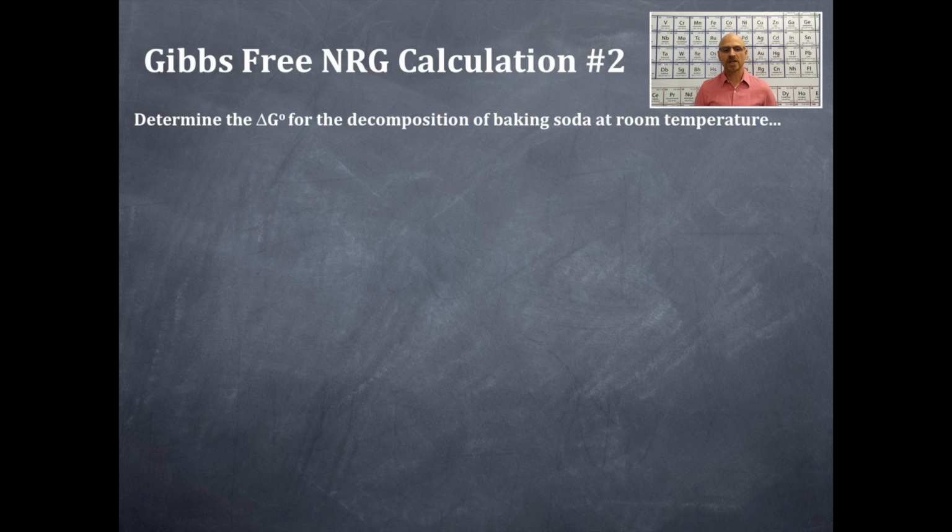Okay, I also got two hats, two hats at the end because this is calculation number 2. That makes sense? Alright. So, we're going to determine the delta G naught for the decomposition of baking soda at